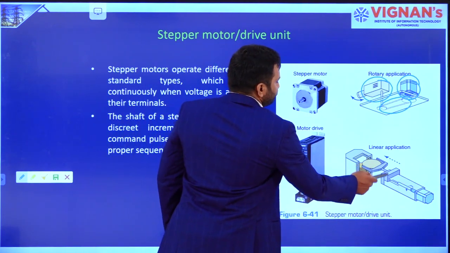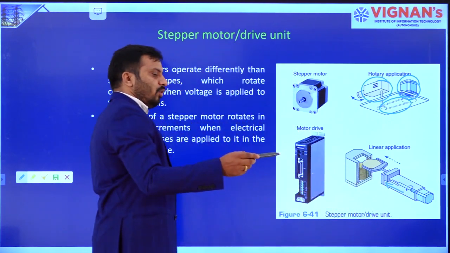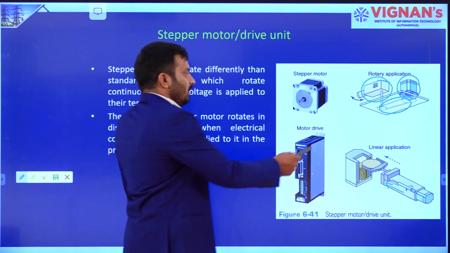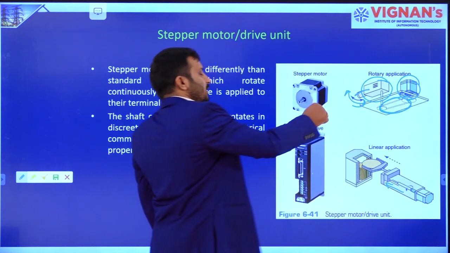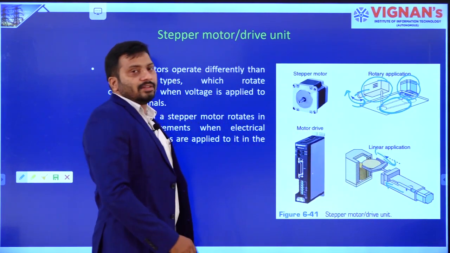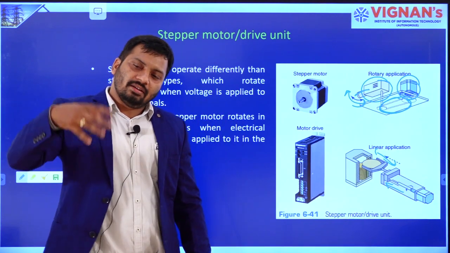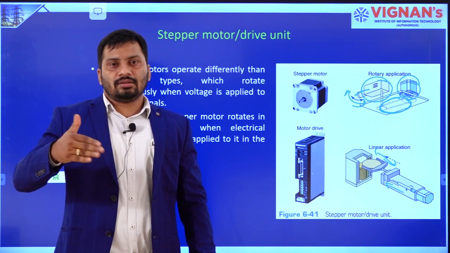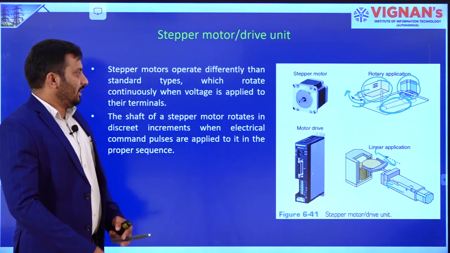In industry, for linear applications also you can use it. In a linear application, it moves one step at a time like this. If you change the mechanical arrangement, you can move it angularly something like this. In angular rotation you can give stepwise movement, and in linear movement also you can give stepwise movement depending upon the application, right. Based on the application, linearly you can move stepwise by designing a mechanical system like this. Otherwise, angularly also you can rotate stepwise by a suitable mechanical arrangement, right.